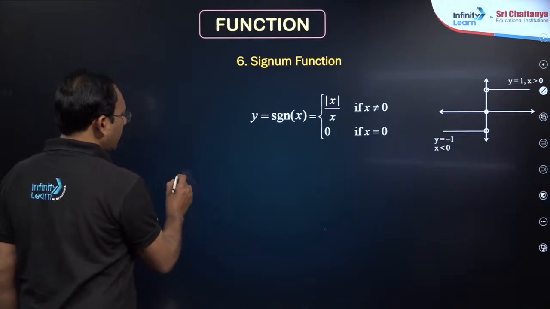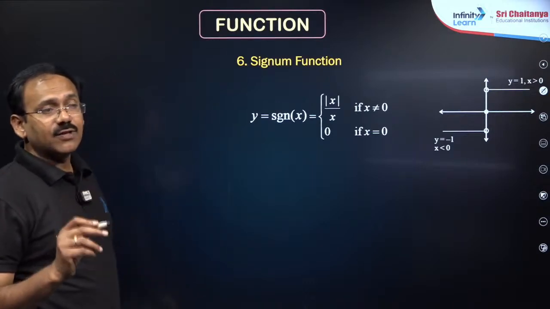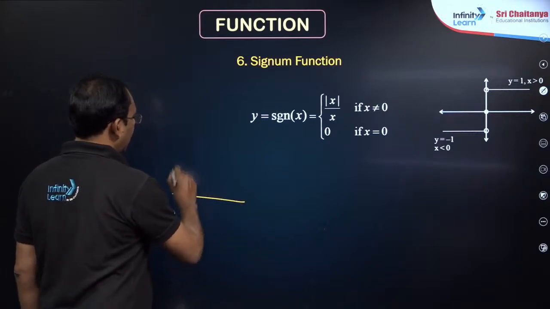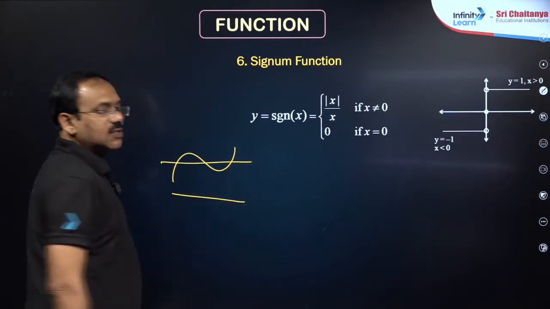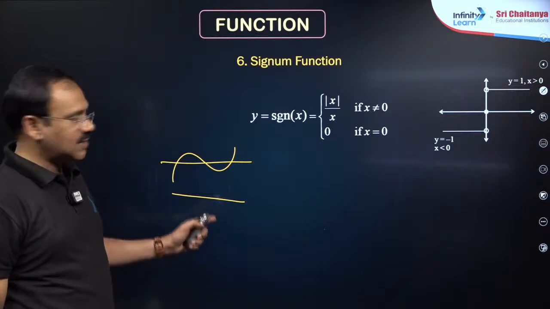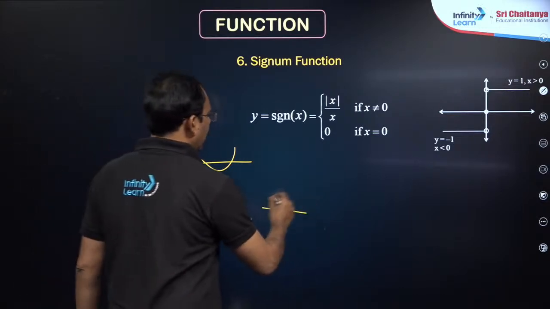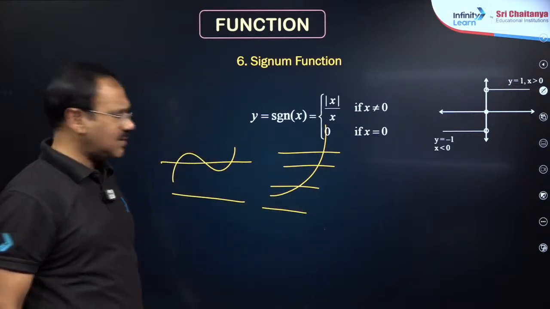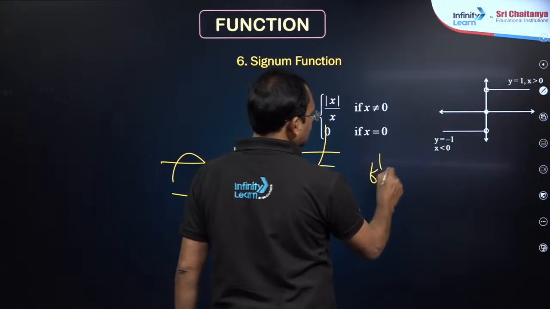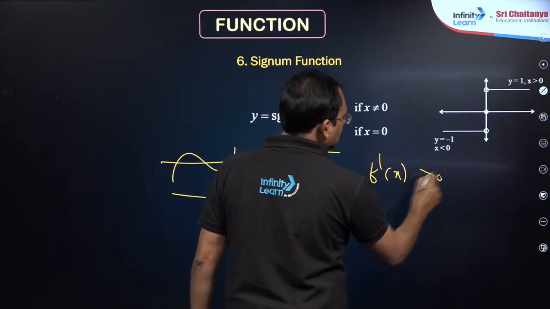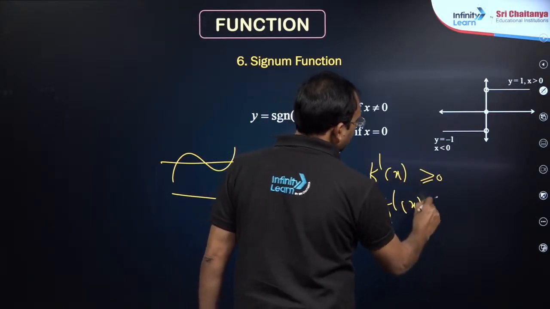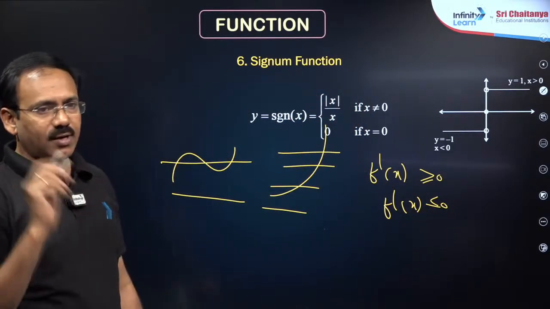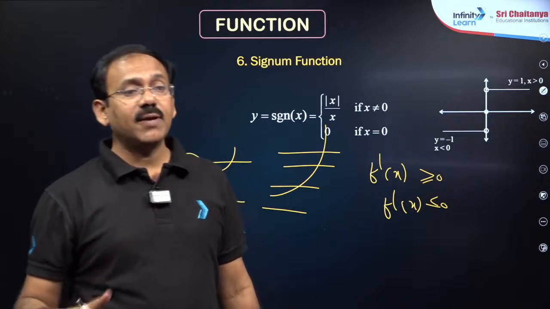A function is said to be 1-1 if distinct elements of the domain have distinct images. That means, my dear friends, if this function is not 1-1 because if you draw a horizontal line, it cuts at more than 1 point. So, if a function is like this, it is 1-1, my dear friends. Wherever you draw a horizontal line, it cuts at only one place. The best method is f dash x. If f dash x is always positive or always negative, maybe equal to 0 here and there, it should not form an interval, then it is 1-1, my dear friends. If a function is not 1-1 it becomes many-one.